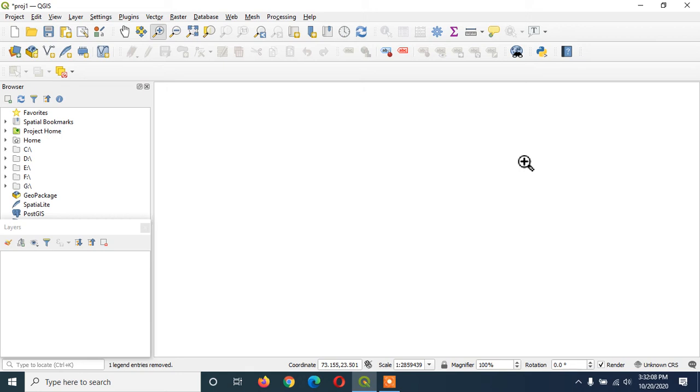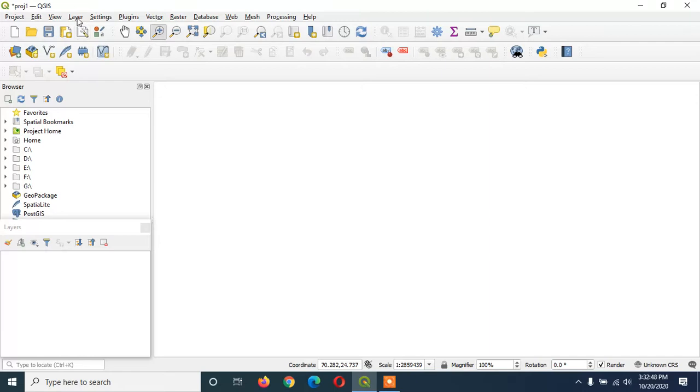In this video we'll see how to create new vector polygon data. Before you create any vector polygon data, you need to add a raster image of that region so that you can refer to that image, and the image should be georeferenced. Otherwise it will not show the correct coordinates. It is not required to use a georeferenced image or any image, but this is for taking the reference of that region.